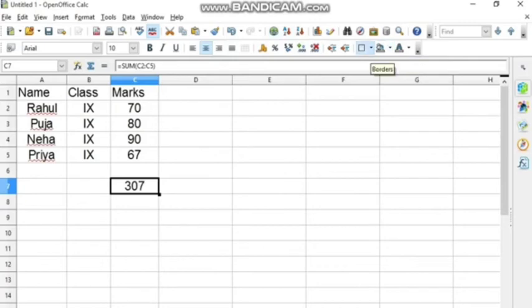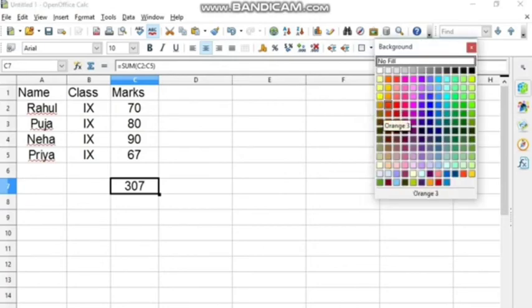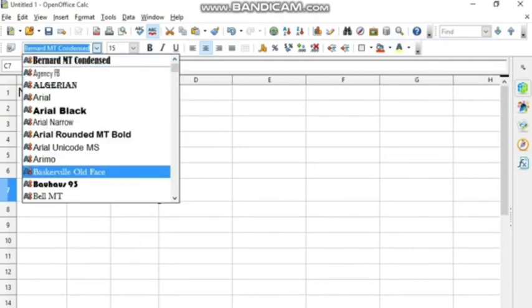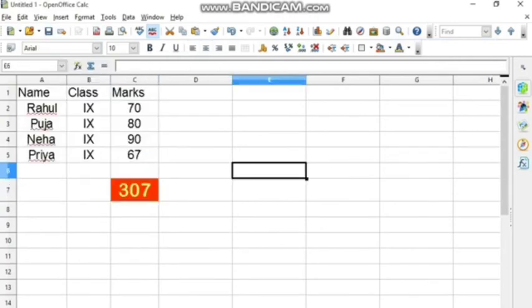So you can create a mark sheet of all your subjects and try to find out the total of the marks, percentage and average of the marks. Whatever you want, you can just make an Excel sheet and put down the marks of your PT 1, 2 and 3 in it. You can easily get the percentage, or you can easily view the increase and decrease in the percentage while you find out the total and percent. So this is how you can work with the sheet and find out the sum.